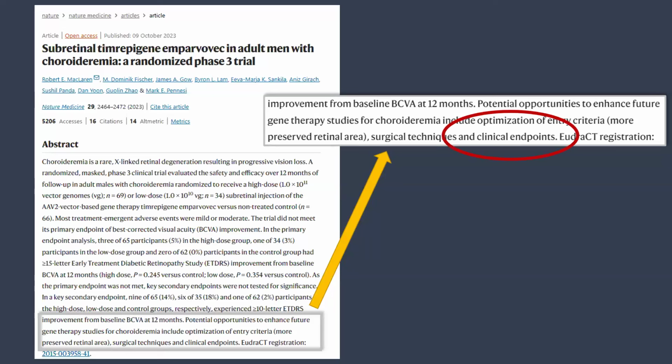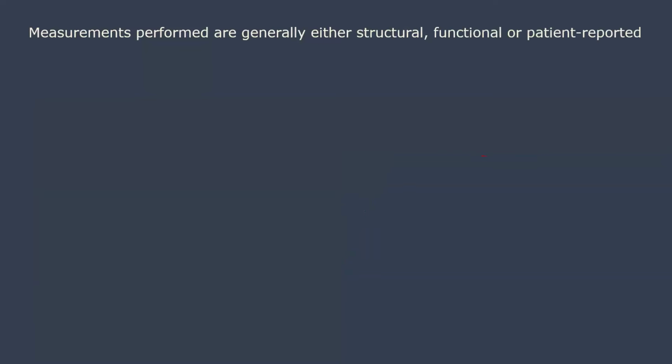So we were quite aware, or Professor MacLaren was very aware early on, that the visual acuity wasn't the best measure, but this was something that the FDA really insisted on. So measurements,